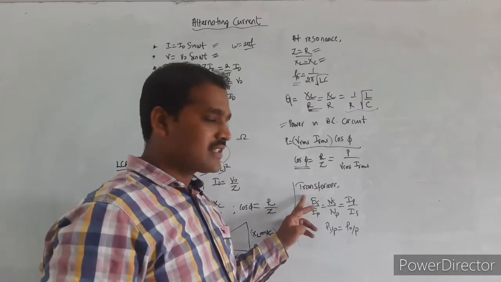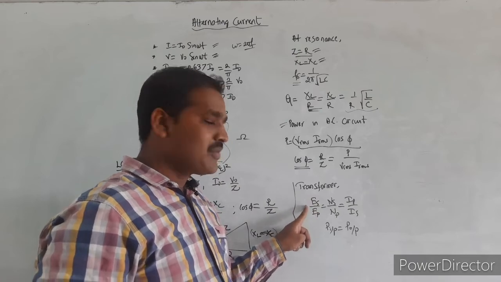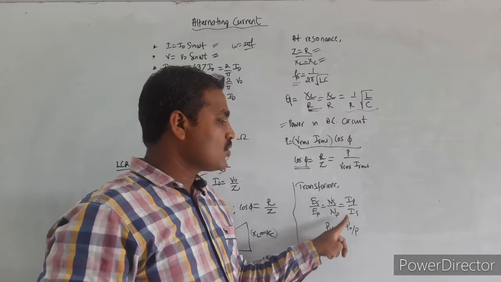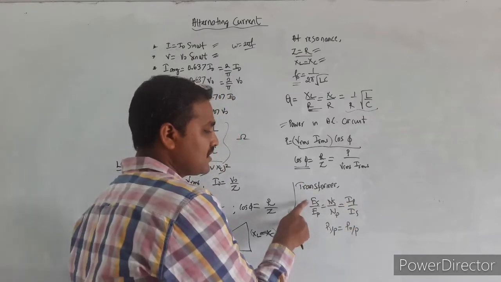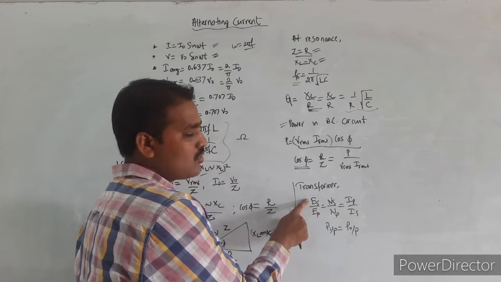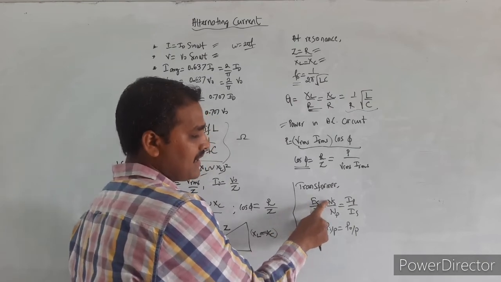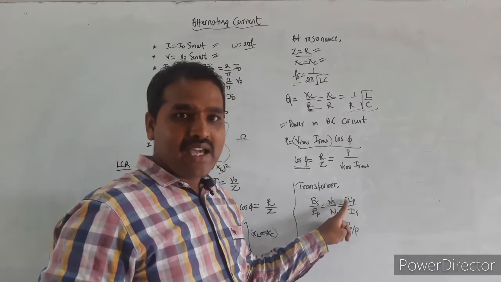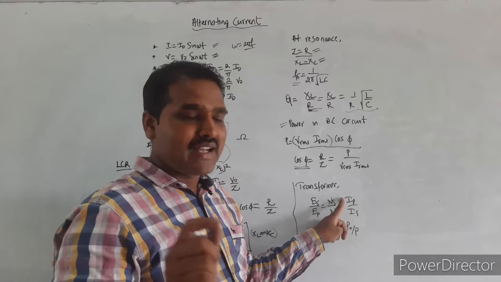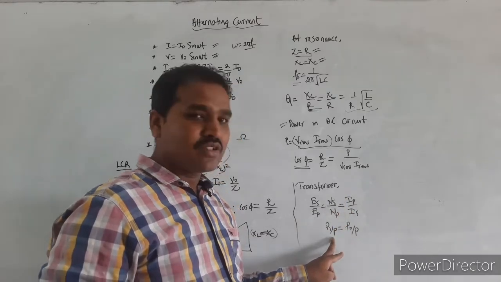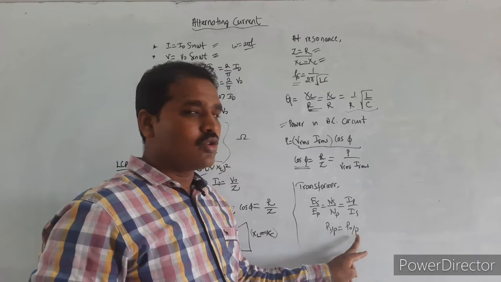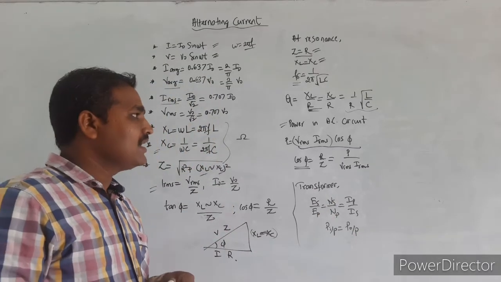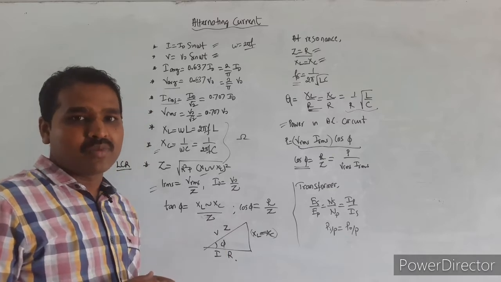Just now we have discussed the working of a transformer. The transformation ratio, that is ES divided by EP, is equal to NS by NP, that is equal to IP divided by IS. In this, ES and EP are the output voltage and input voltage respectively. NS and NP are the number of turns in the secondary and primary coil respectively. IP and IS are the currents in the primary and secondary coil respectively. It is based on the principle that input power is equal to output power. If any other formulae are remaining, we shall see them in the corresponding problems.